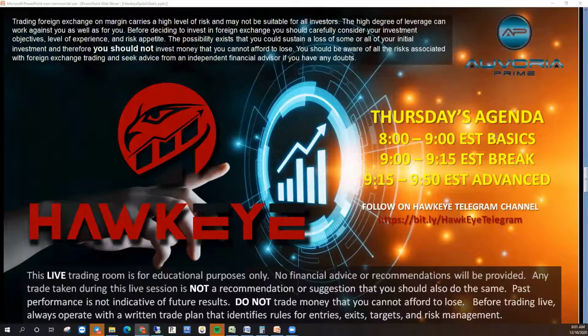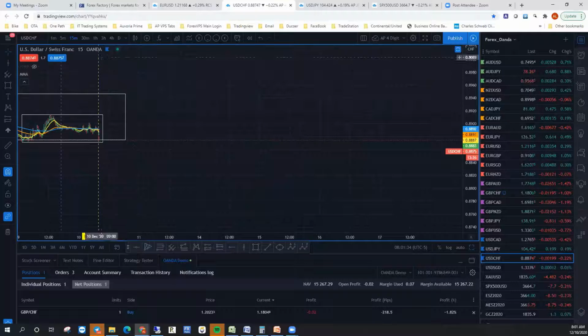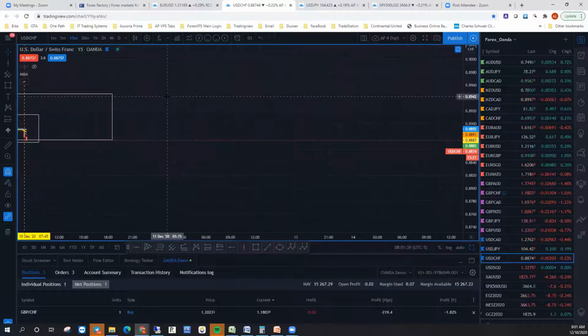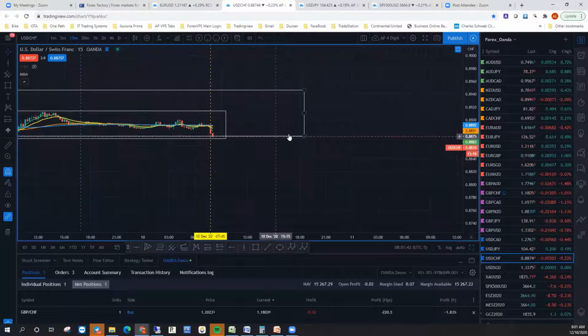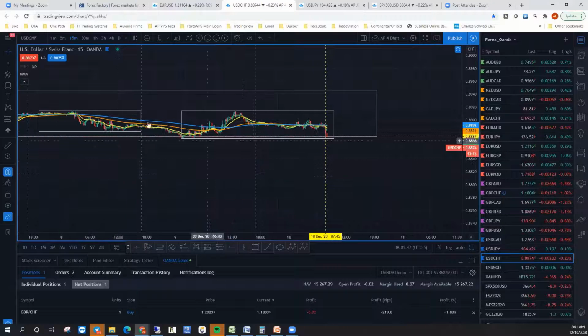And we're going to pull up a chart. Oh, we just got one for the US yen. Let's take a look at that one. Looks like the one for the US CAD is already pretty much broken out, and I'm not sure we want to take that trade at this point anyway. Right now it's breaking out on the bottom, but it's also trading at the bottom of last week's low, and it's just been basing in between here. So we'll get back to that one later. It's not really going anywhere too soon, I don't think. If it does, we'll just chalk it up as one that we missed.